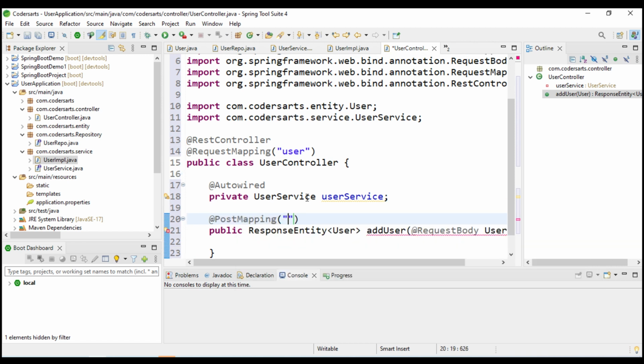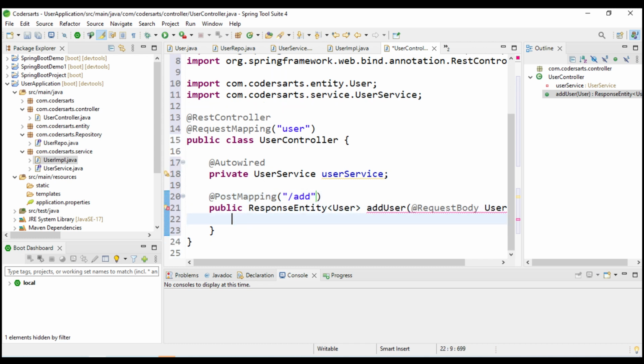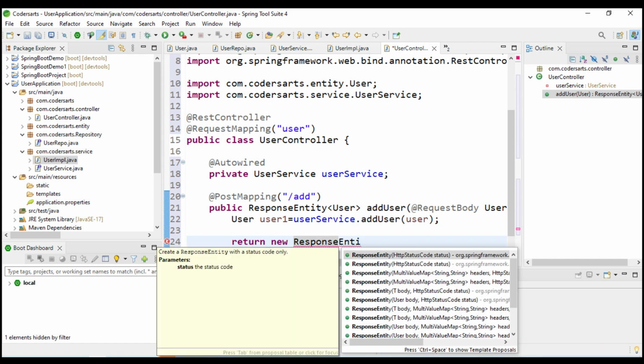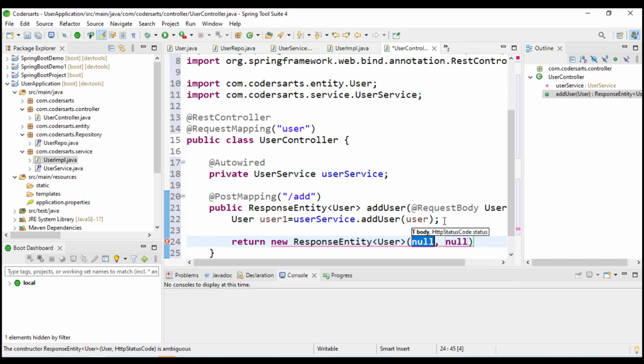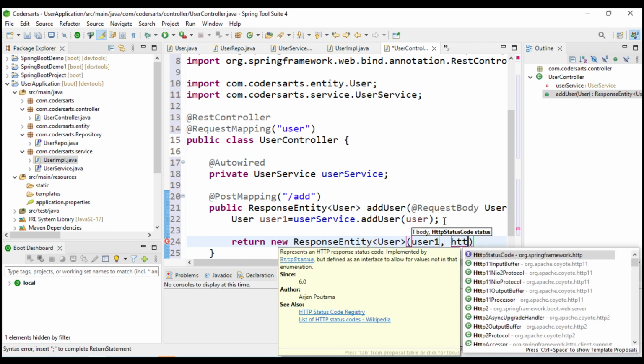In that we have to give add. So it will add that, and we have to call the add method, userService.add. It will add the user, and we are going to store that user as user one because we have to return it. Return new ResponseEntity, user one, and also we have to return the HTTP